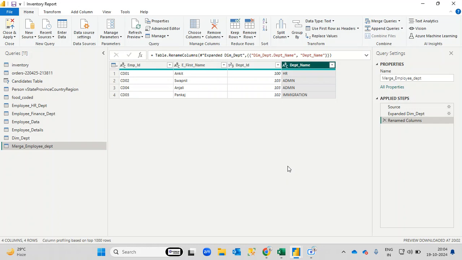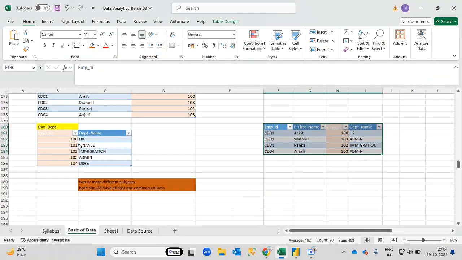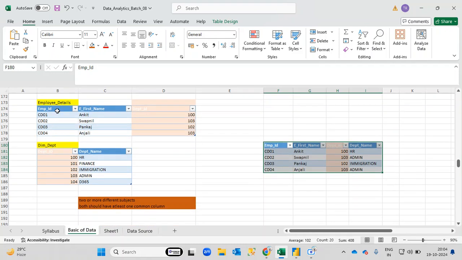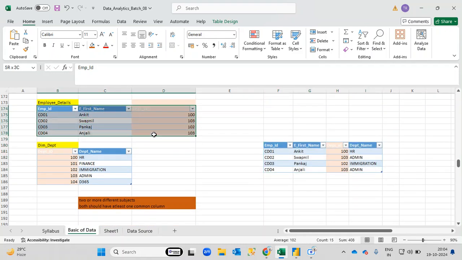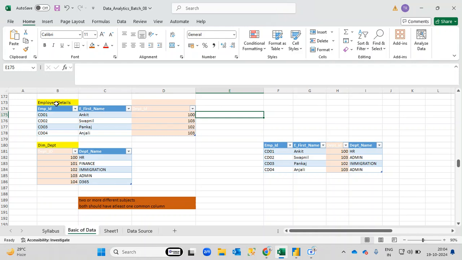Okay, so you are saying the subject is different but the common column is not present, right? Then you cannot go for merge. For merge, at least you need one common column. Then you can go for cross join and all that, depending upon your requirement. Or what you can do,